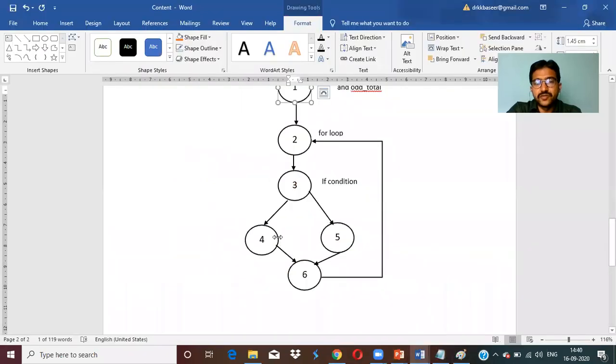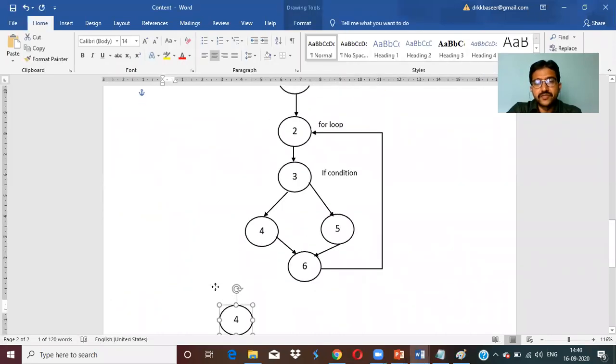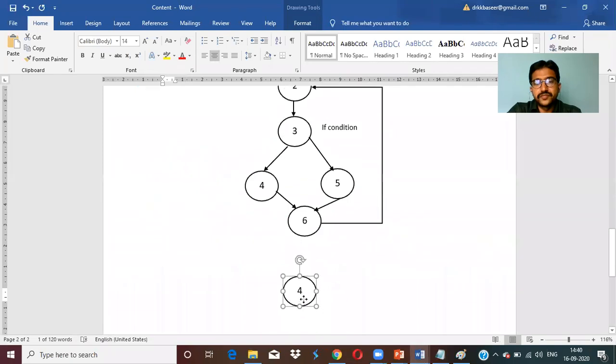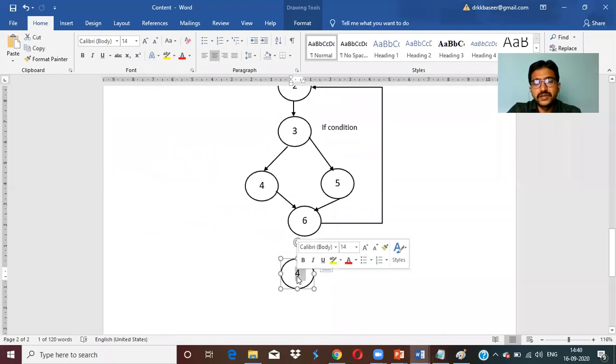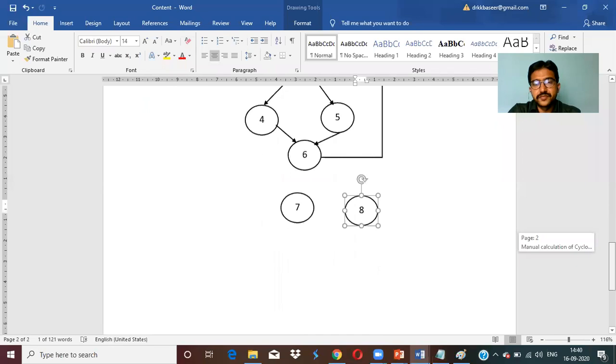Now take one more node. The circles are called as nodes. Take one more node. Here this is 7. Now another is this is 8. Bring this down.